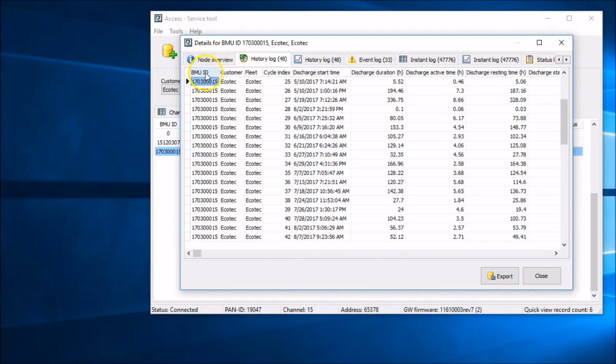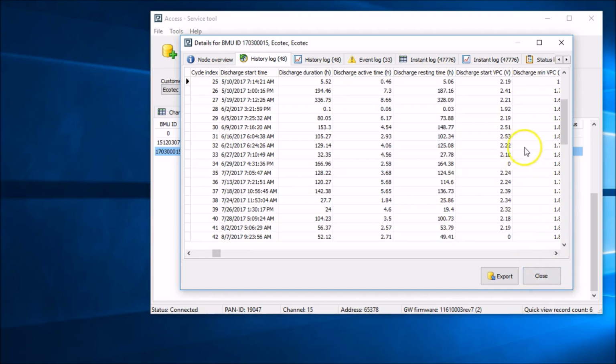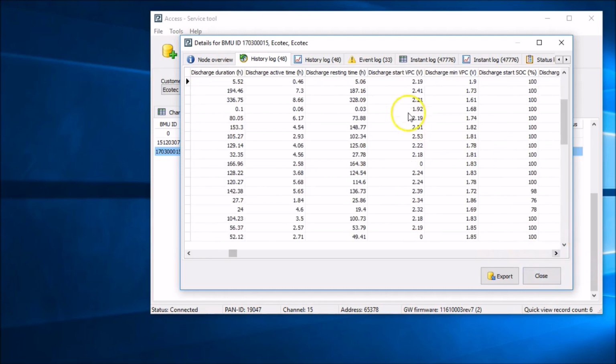You can see we have several different items here: the BMU ID, the customer, the fleet, the cycle index, which is just a count of the particular cycles that have occurred on that device, discharge start time, discharge duration, discharge active time, discharge resting time, the time when the truck is idle while the battery is connected, discharge start volts per cell, discharge minimum volts per cell,